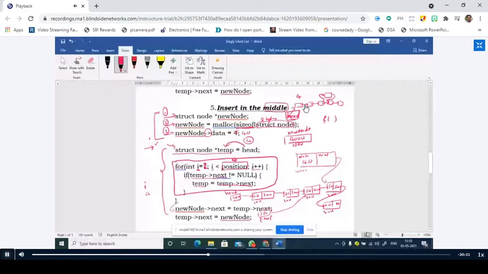Right. So did you understand this point where I have to link this new node at the 4th position? So the 4th element's address should be stored here. So what value should be stored in the new node of next here? 400, sir. Where is this 400 actually located? In the previous node next part, right?